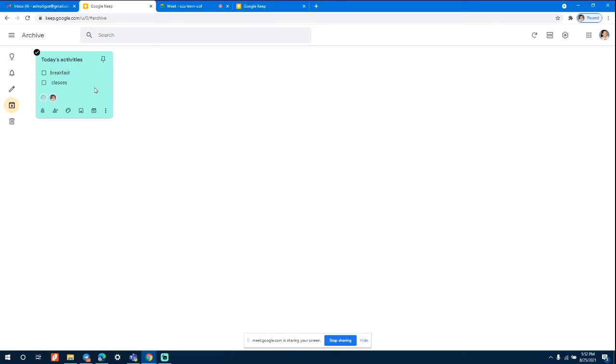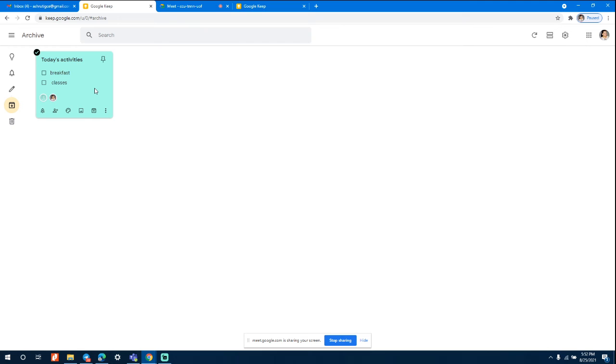So it is a very helpful tool when it comes to making your lists and keeping all your things in one place. In case let's suppose you are taking a class or something and you come up with some idea, maybe you can write it in your Keep and keep it there. It is safe there, and then you can go back to it. So this is how Keep works. Maybe you all can make a small Keep and share it with me here.